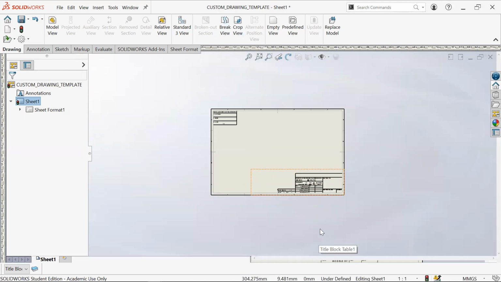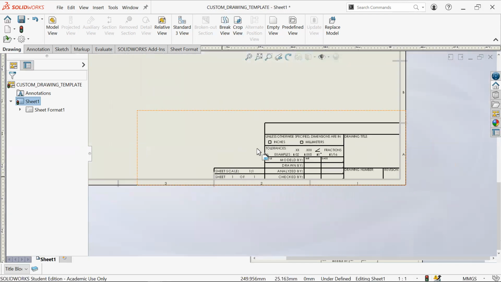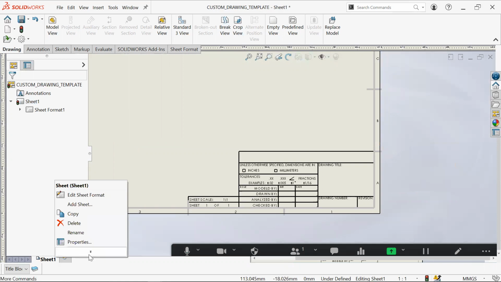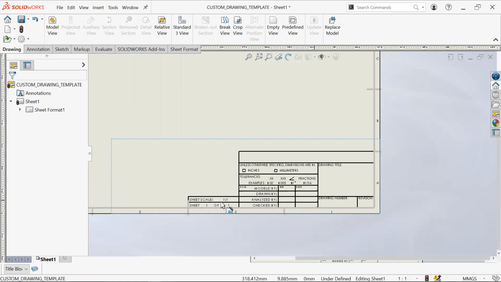The title block will have, let's zoom in a little bit, your sheet scale and your sheet number. Typically, you won't need to change this too much. The sheet number, I haven't really used it, but I guess if you want to make multiple sheets, it's up to you as well. If you want to add a sheet, for example, it will change this number here to like 102, 103, 104. I don't see the need for that essentially. Drawing number,